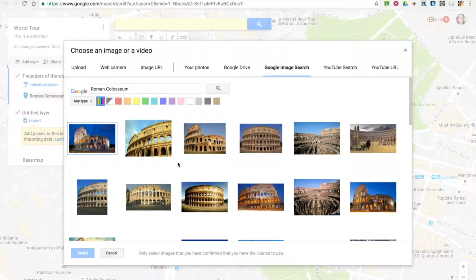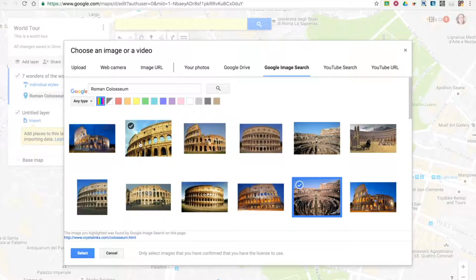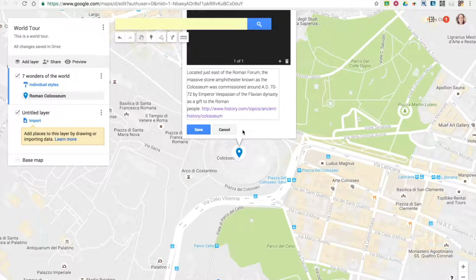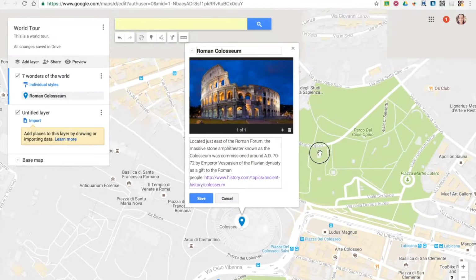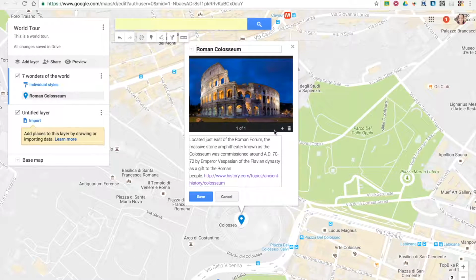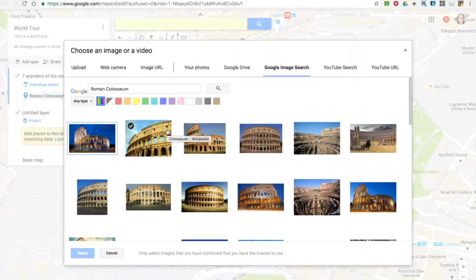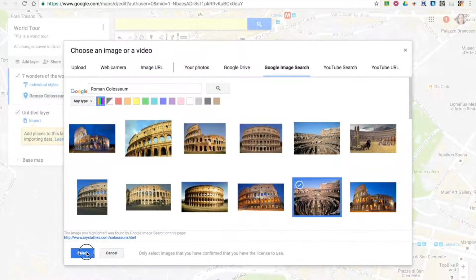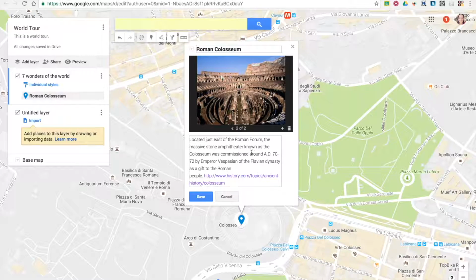and I can pick any picture that I want. So I'm going to pick maybe this first picture, and you give it a second and you will see it appear. So I've got one of one pictures selected. Now if I want to add more pictures and videos, I can click this plus button, and it takes me back to my Google image search where I was before. So I can select another picture, push the blue select button,